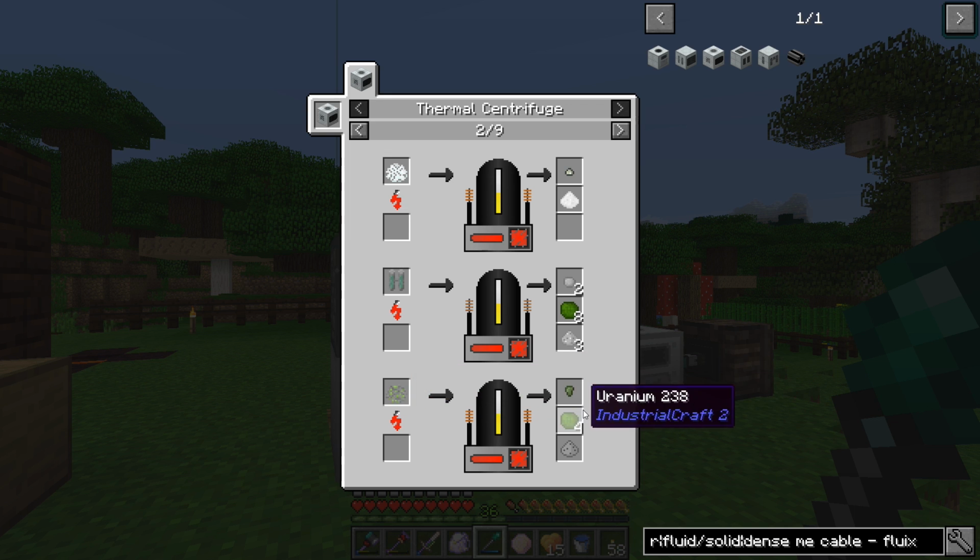Yeah, so the crushed uranium ore turns into one pile of 235 and 4 uranium 238. We need both of those to combine into a fuel rod. In fact, we need 3 of these 235s and 6 of these, if I remember correctly. So anyway, that's the regular stuff. If we purify it,